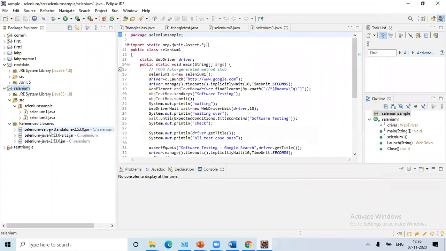Okay, so fine, over. Now what we have to do is write a program. The main purpose of Selenium is record and playback only. Now what we are doing is using the WebDriver web server we are going to install, and then we are going to see how to open a web page, set something, and close it.